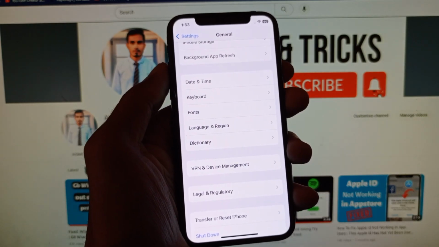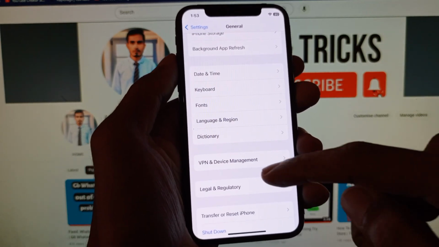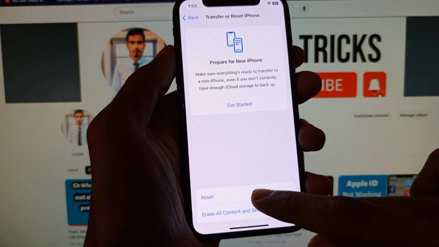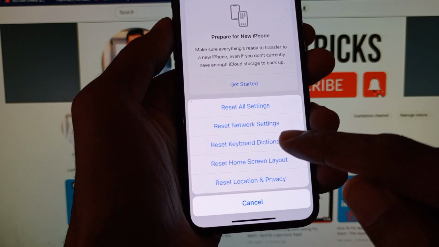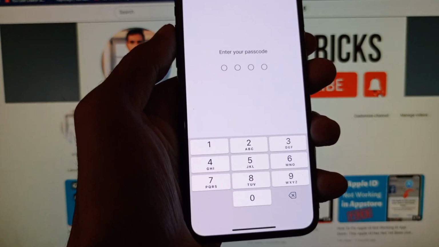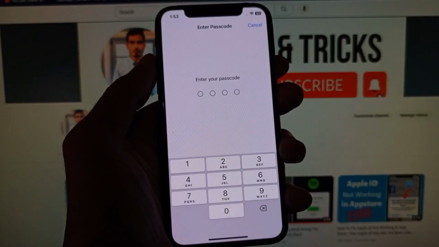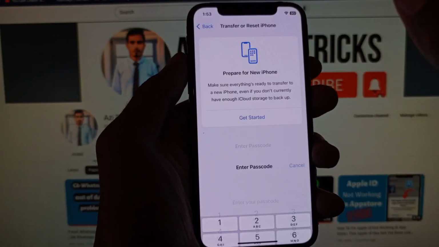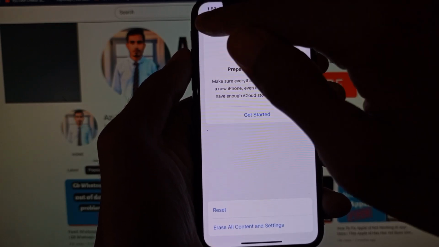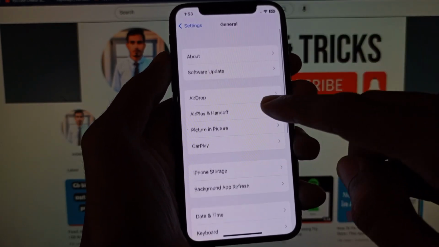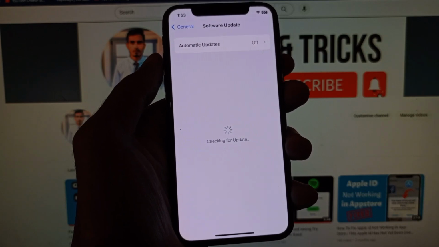And guys after doing all the methods, if still not fix your problem, you need to click on transfer or reset iPhone, click on reset, and guys you need to click on reset network settings, and guys here you need to put the passcode of your iPhone, and guys after doing this your network settings will be reset, so your problem will be fixed. So guys, if still not fix your problem, you need to click on software update, and guys